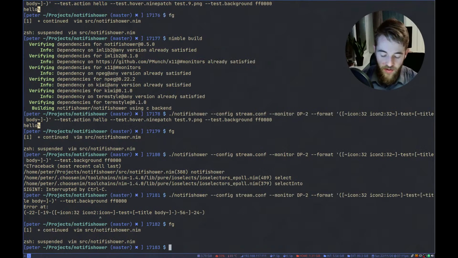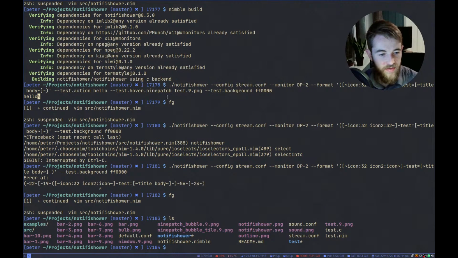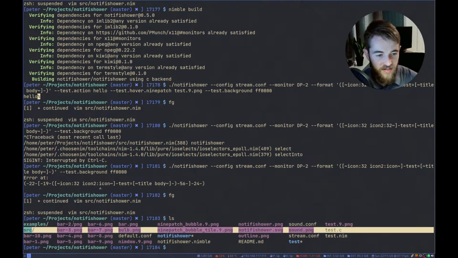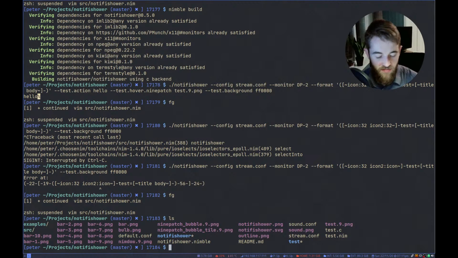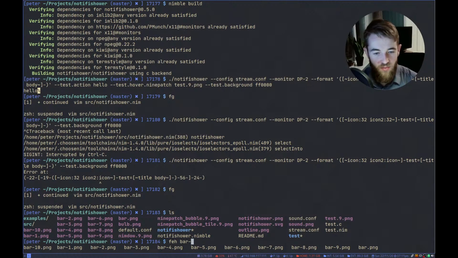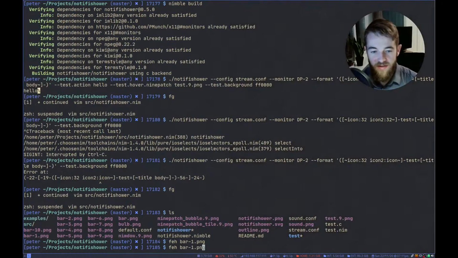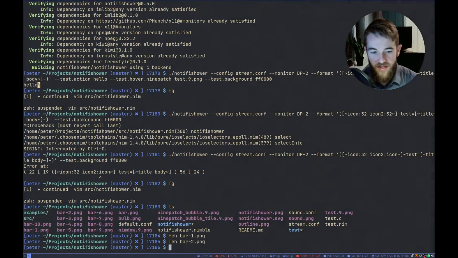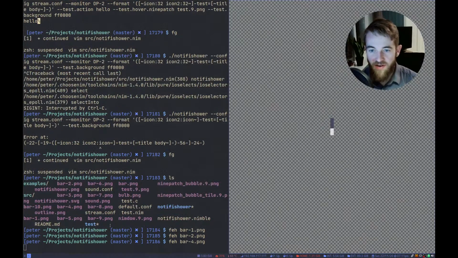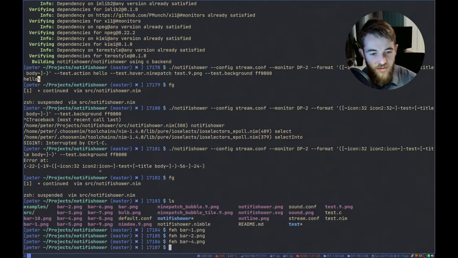Oh yeah, before we carry on. So some of you might have noticed I have a bunch of these images here of bar, whatever. So bar 1 through 10. And these are just simple, like a simple filling bar. And I was using that to make this sound thing.